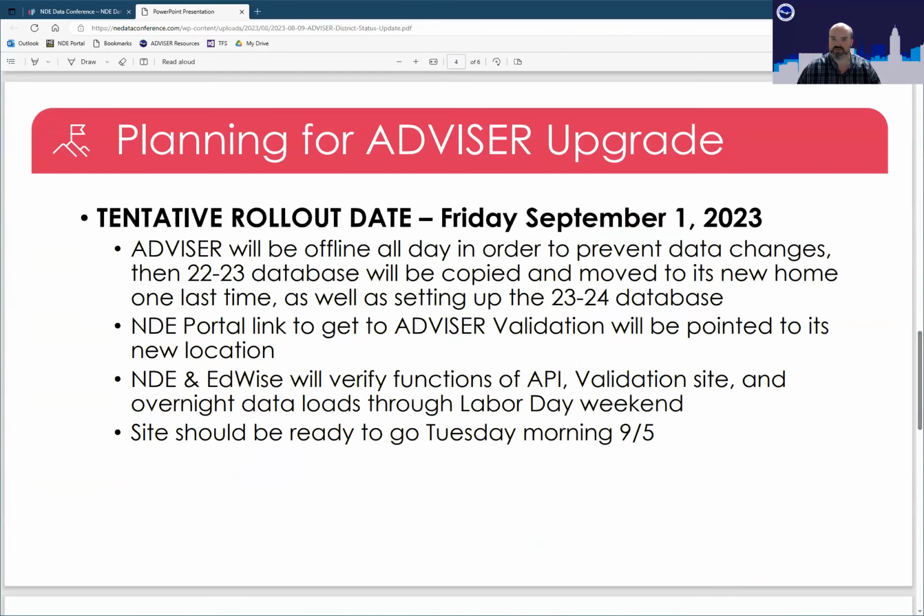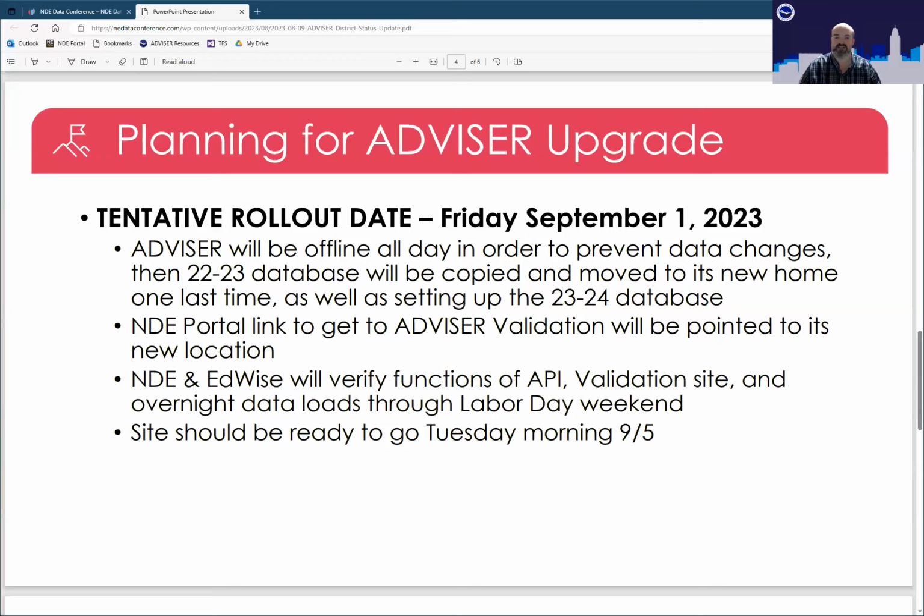This is just something we've put together really in the last 2 days. We do have a tentative rollout plan. We are looking at Friday, September 1st as the date to roll out Advisor. So we're going to take Advisor down for that day.